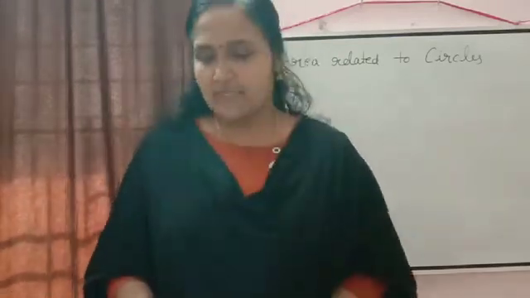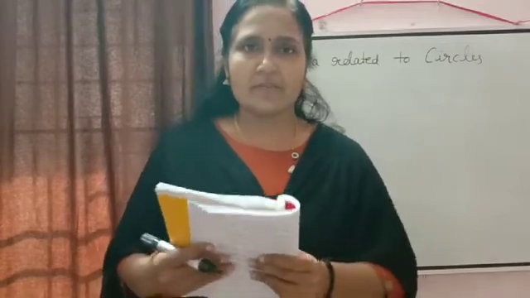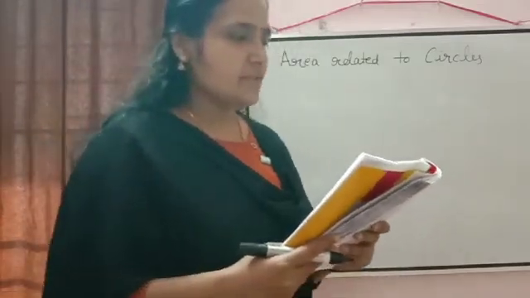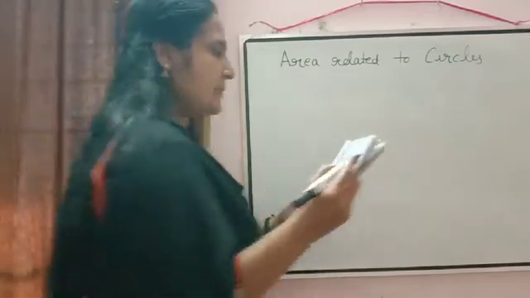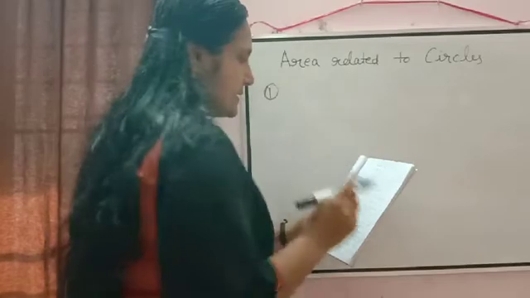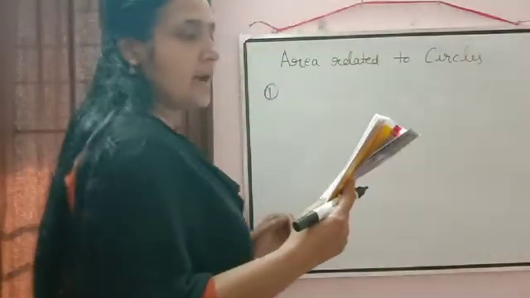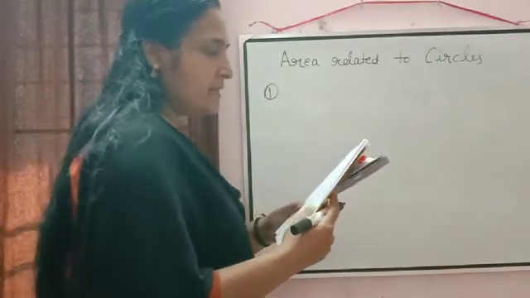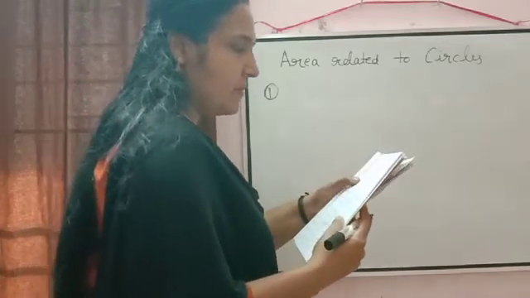Okay. So just to check, the questions are already with you. I will read the question and then we will solve it. So first question, it is written, the diameter of a wheel is 1.54 meter. How far will it travel in 200 revolutions? Already it is given. The diameter is equal to 1.54 meter.